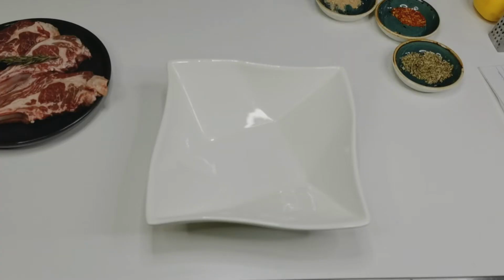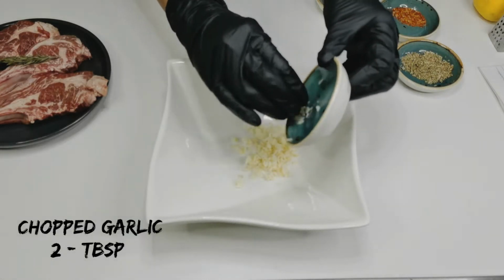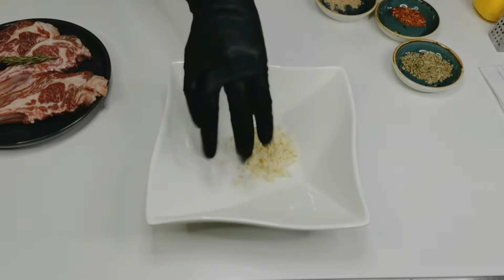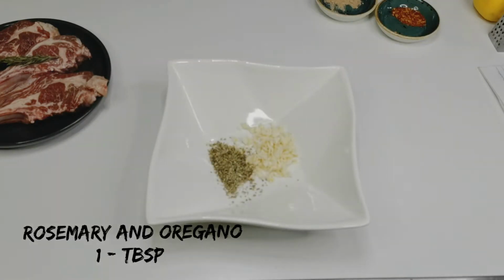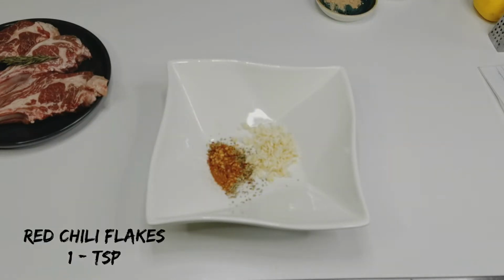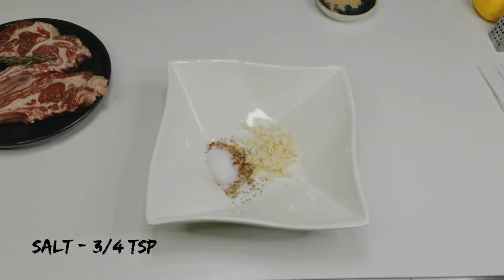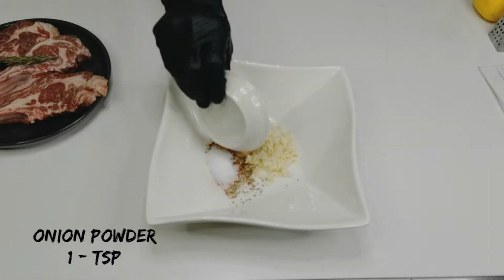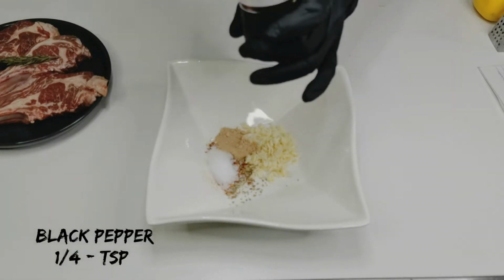Into a mixing bowl, add 2 tablespoons of chopped garlic, a tablespoon of rosemary and oregano, 1 teaspoon of chili flakes, 3/4 teaspoon of salt, 1 teaspoon of onion powder, some black pepper,